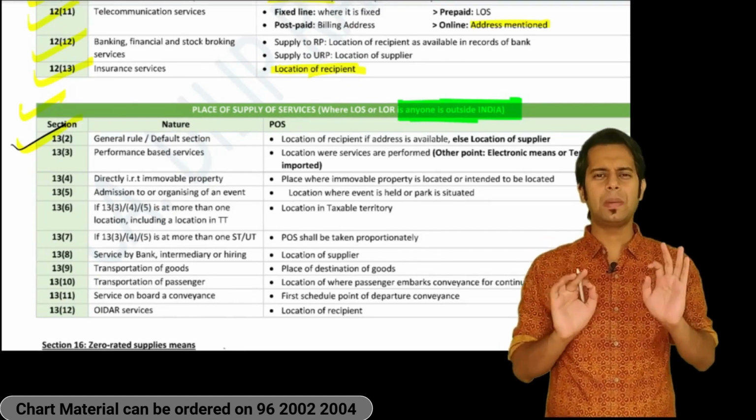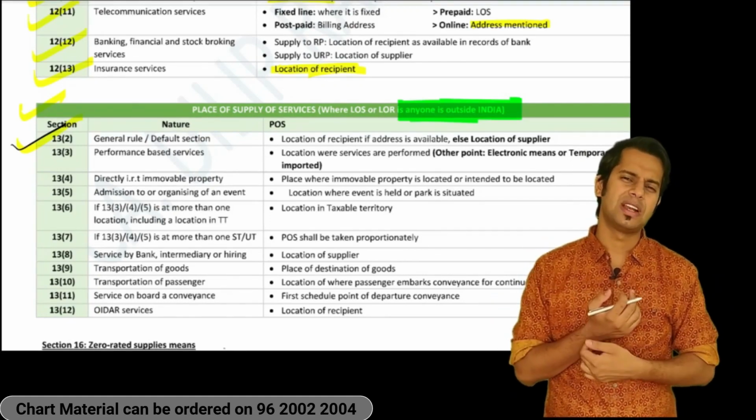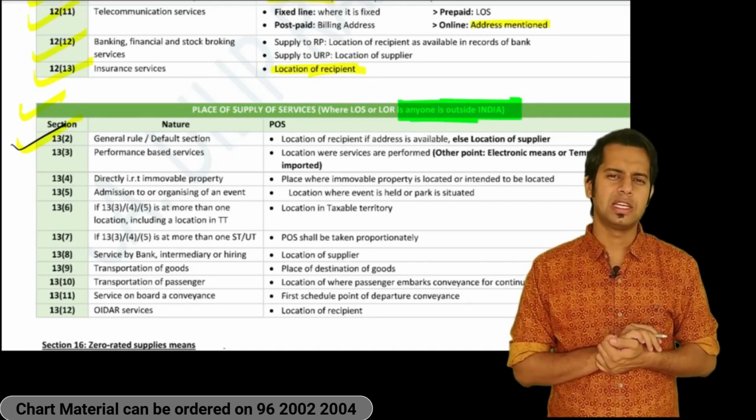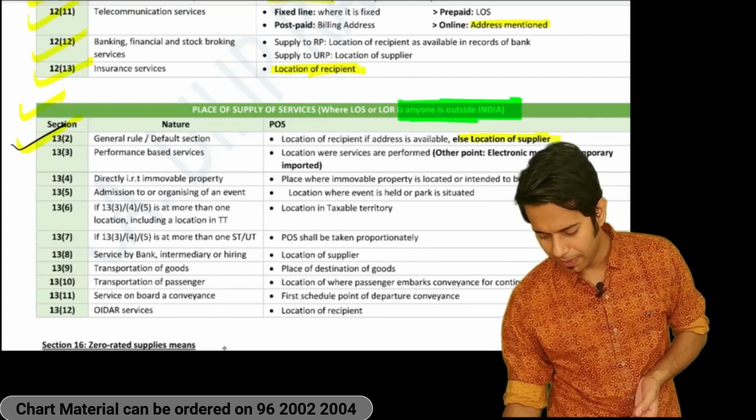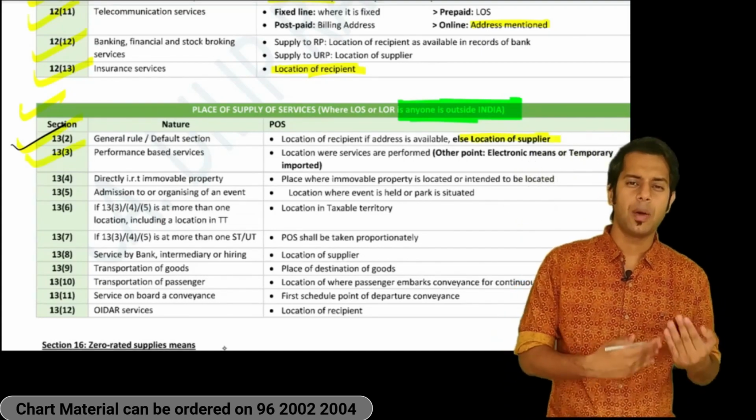This is the general rule. Normally the place of supply will be the location of the recipient. Sir, what if I don't have the address of the recipient? If you don't have the location or address of the recipient, then the location of the supplier will be the place of supply. In case of performance based services,